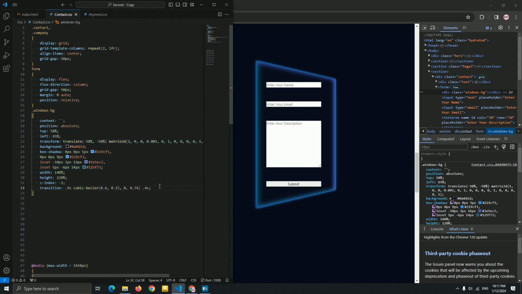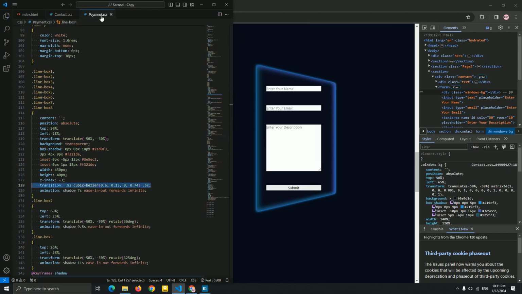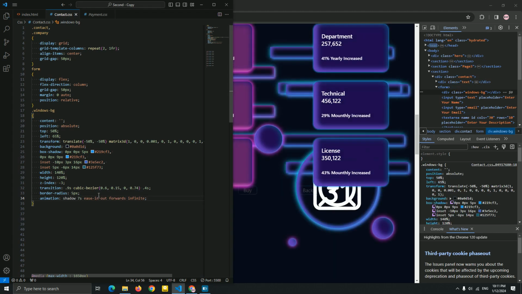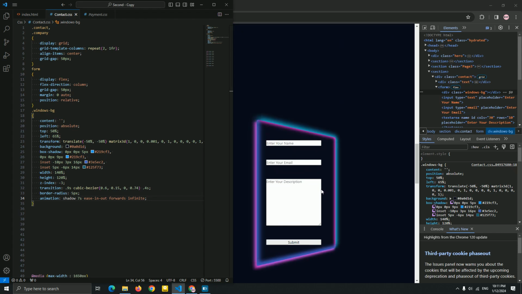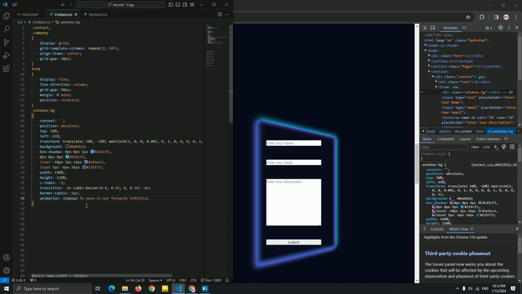Yeah, I need to add animation, but let me just add the border radius. 5 pixels is good. Okay, let me just add animation. The shadow too, I'm gonna add. Let me see what's gonna happen. So no, let me just add the shadow too. Yeah, this is good, guys. So I'm gonna add 10 seconds. This is good.